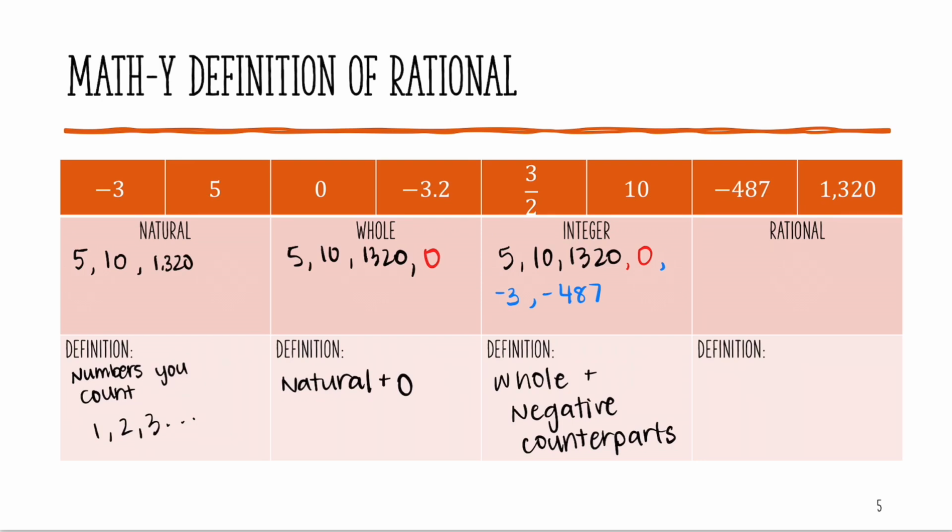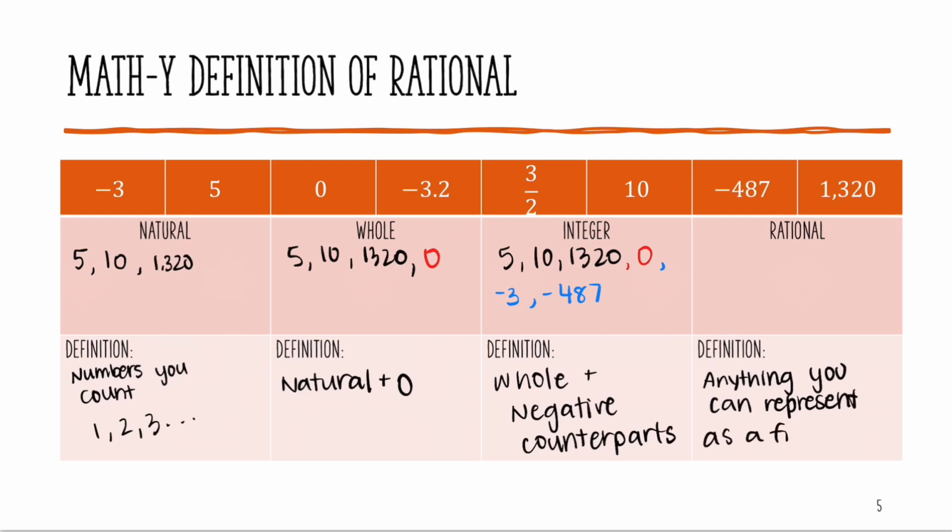Rational numbers is a step above that. So we've kind of been adding on to it. We had the natural numbers, and then we had the whole numbers where we added 0. Then we had the integers where we added the negative numbers. The rational numbers is anything you can represent as a fraction. So I'm gonna write anything you can represent